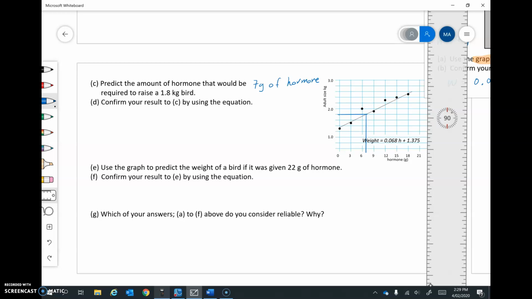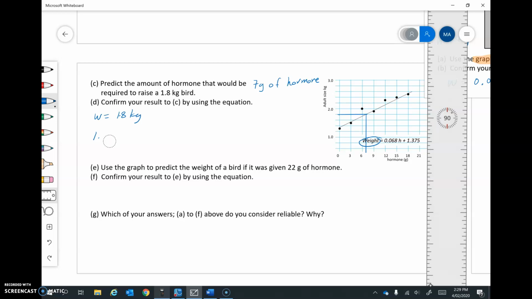Okay, let's check using the equation. So this time we're going to need to do some rearranging because we're substituting onto the left-hand side. We're putting in a value for the weight, right? So W equals 1.8 kilograms. So we put that Y variable in,